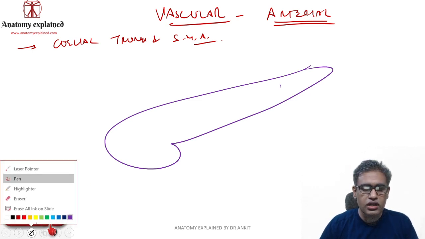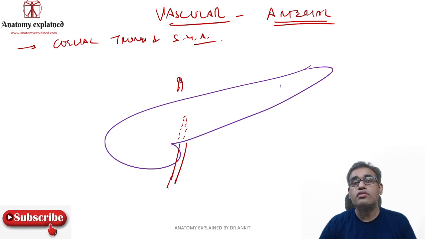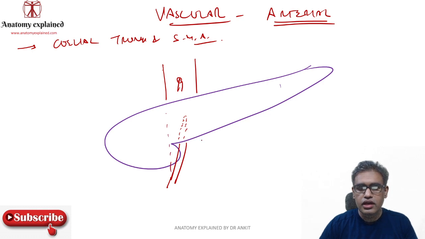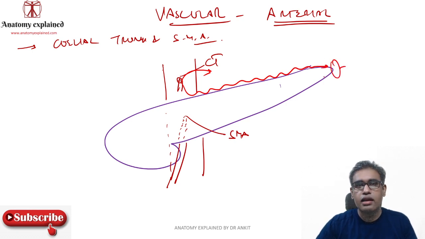This was the location of the celiac trunk, which was coming over here. This was the location behind the pancreas, the origin of the superior mesenteric artery. Then it will go down over here and come right in front of the uncinate process. And here, this was the location of the aorta that is going down. These are the main two vessels that we are concerned with right now, the celiac trunk and the superior mesenteric artery. If you recall the branches of the celiac trunk, they were the left gastric artery, and the splenic artery, tortuous, going towards the spleen. This was the hilum of the spleen.